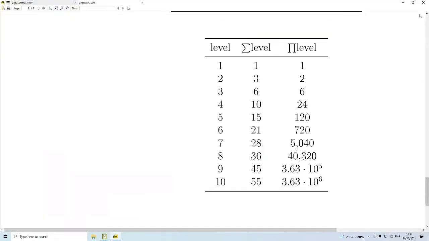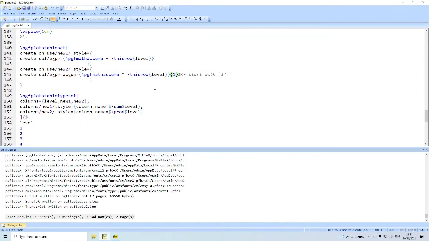We start with 1, 1 plus 2 is 3, 3 plus 3 is 6, 6 plus 4 is 10, 10 plus 5 is 15, and so on. Similarly, for product, 1 into 1 is 1, into 2 is 2, 2 into 3 is 6, 6 into 4 is 24, 24 into 5 is 120, and so on.